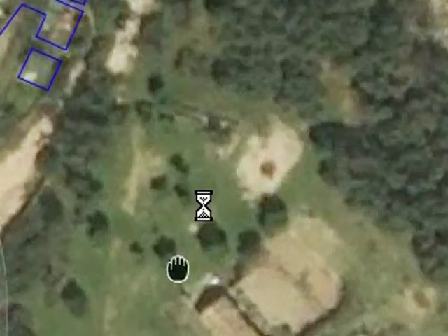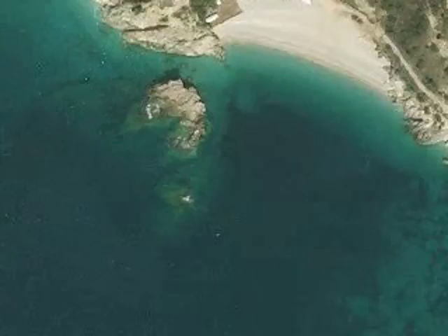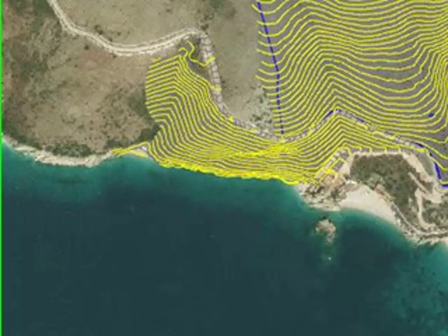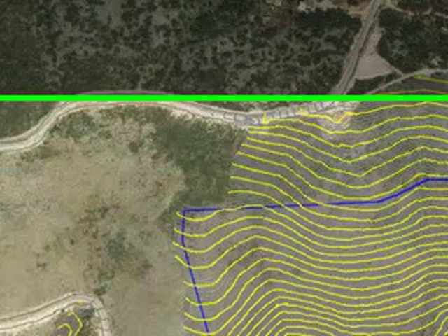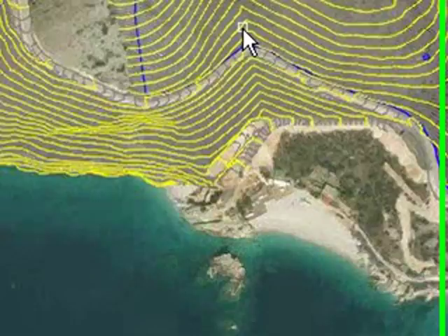So I don't know why it's got set here range default. Let's just go 0 to like 3000. Check that. There we go. So now we've got 25 meter and 100 meter contours for the site. So that's basically how you get your contours